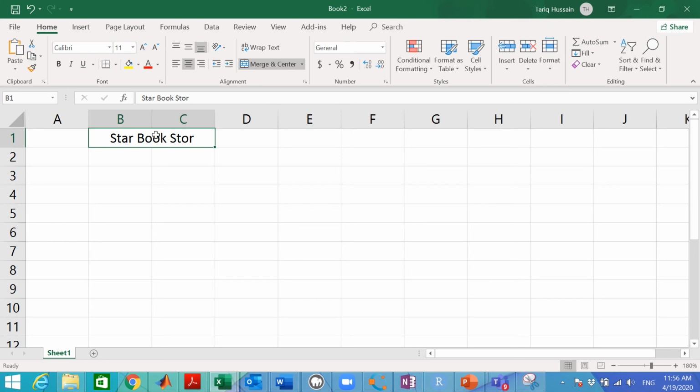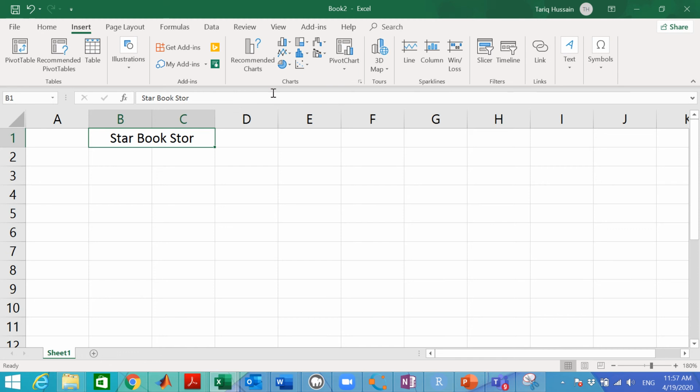Once you have done this, the second part of this task, while writing the name of your store, is that you also need to add the logo. Because it's a Star Bookstore, I will add a small star here. I can give you different examples of how to add the star.